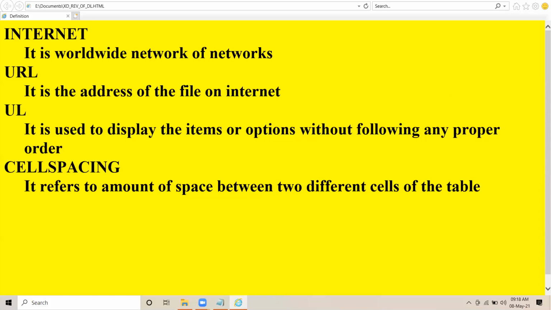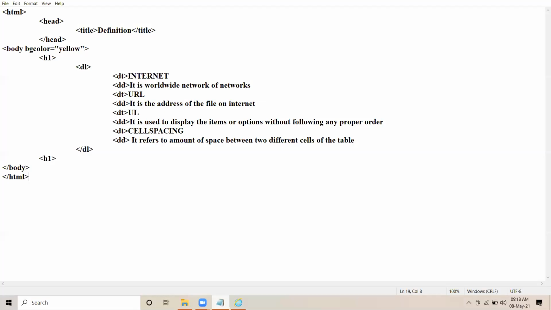So let us perform some more formatting operations in this web page. First of all, I am reducing the heading element. I come to H3. Right? Now, I want that heading should be in one color. All the headings should be in red color.